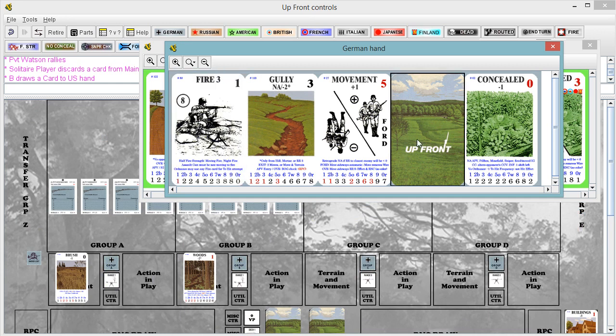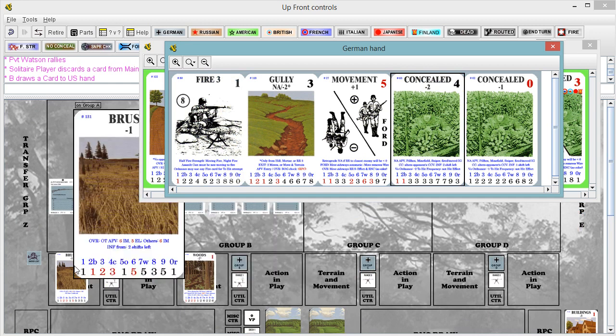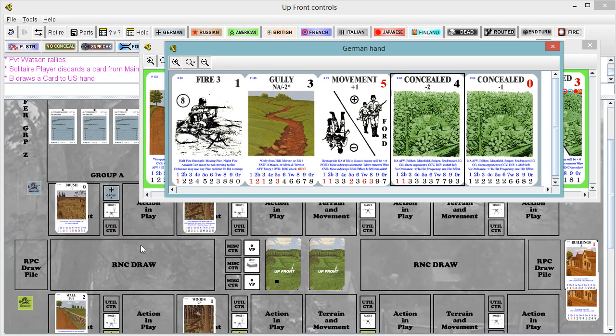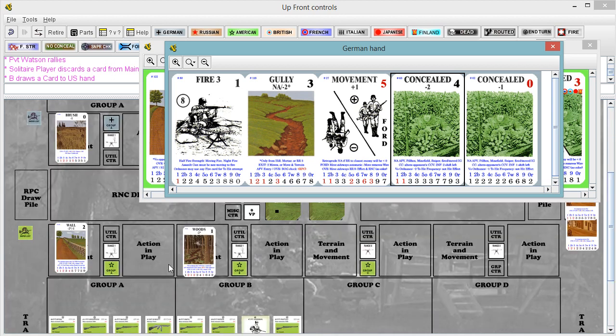Let's see what we got. Ooh, nice low fire card that we can probably use, and a movement card. So I'm thinking let's shoot with our fire base, and then depending on how that works out, let's move our maneuver group forward. So who do we want to shoot at? Again, I want to concentrate on the fire base. They've already got some guys in trouble. It'd be nice to kick them back up and keep them stuck for even longer, which would really frustrate the